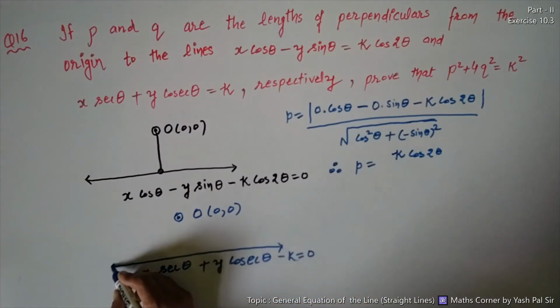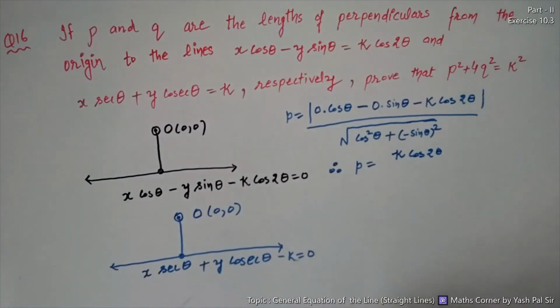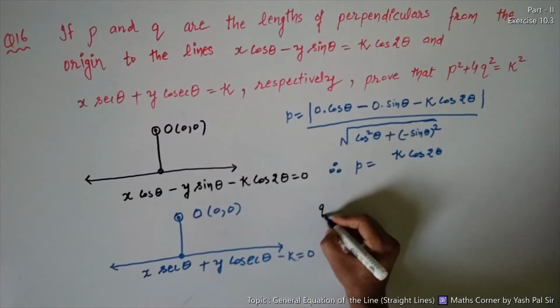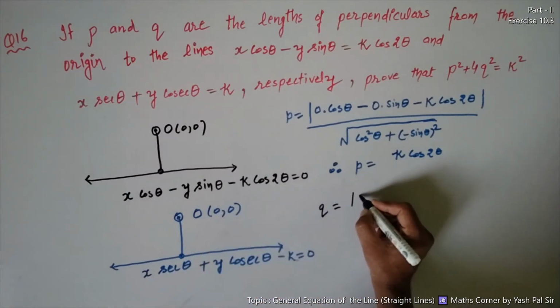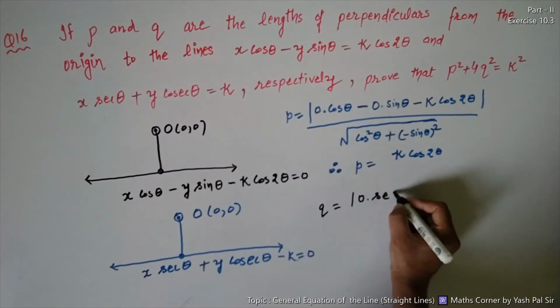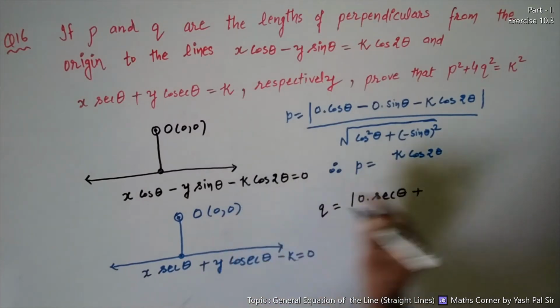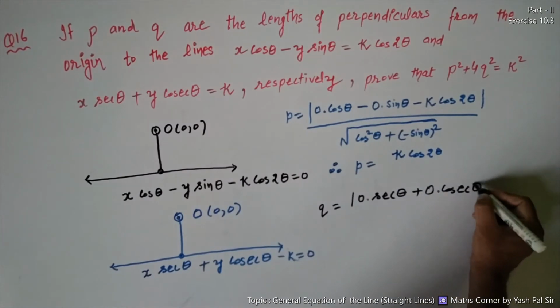This is the line. Now what is the perpendicular distance? Perpendicular distance is q. q is equal to, in place of x we write 0, 0 into secant theta plus y means 0, 0 into cosecant theta minus k,